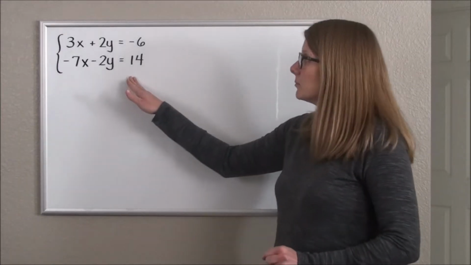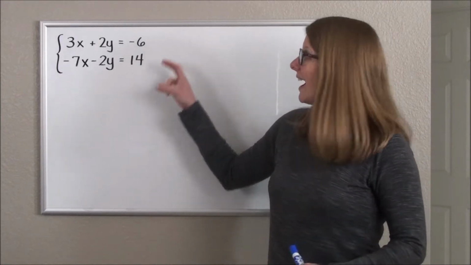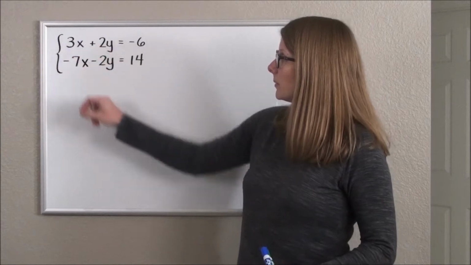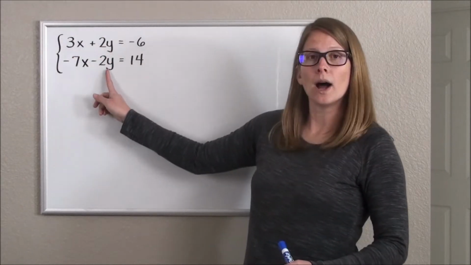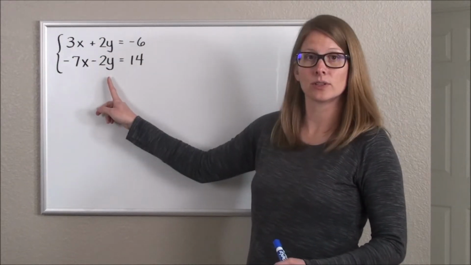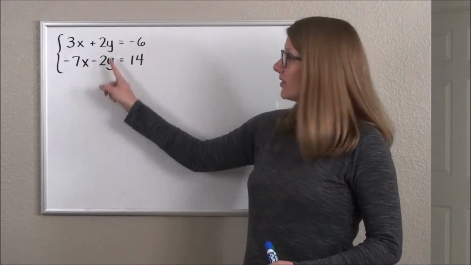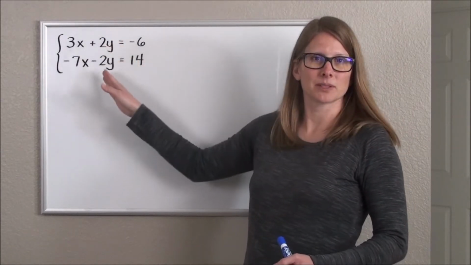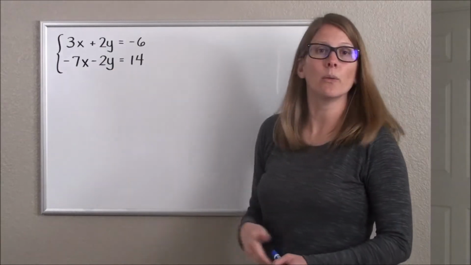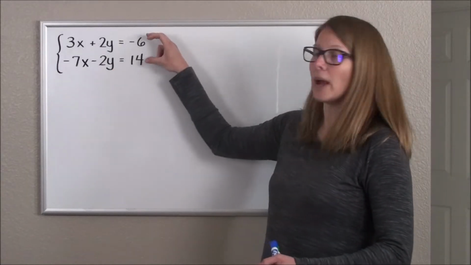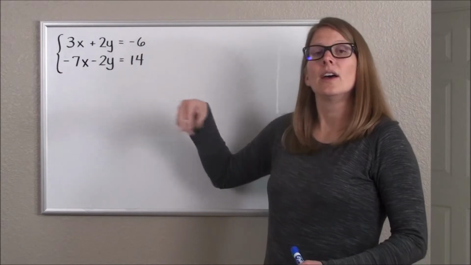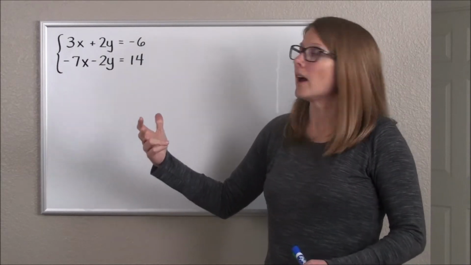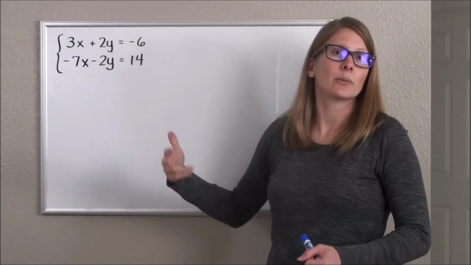If I look at this system of linear equations and I imagine adding each of the terms straight up and down, notice that the y terms cancel out. When I add, these eliminate from the system. And so that's why this is sometimes called addition or elimination, because what we will be doing is attempting to add the equations together, have a variable eliminate from the system,